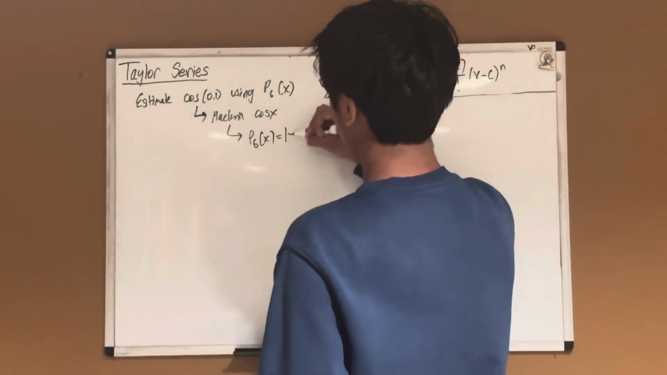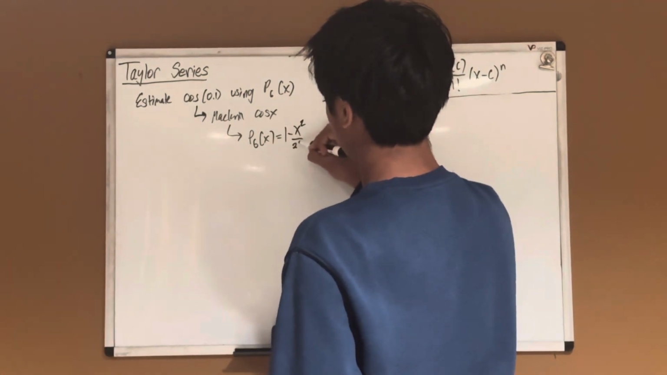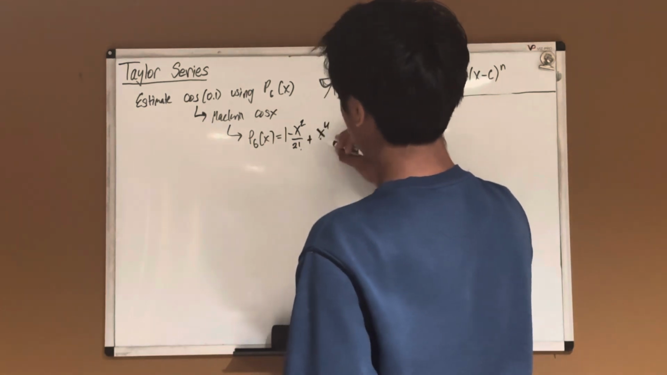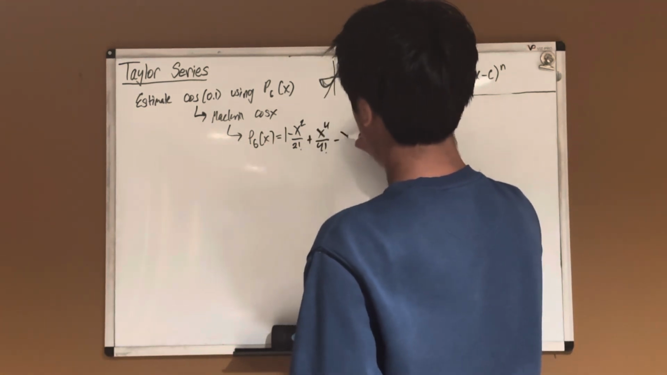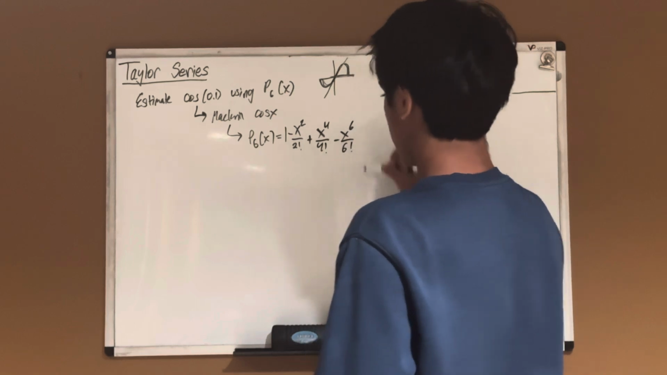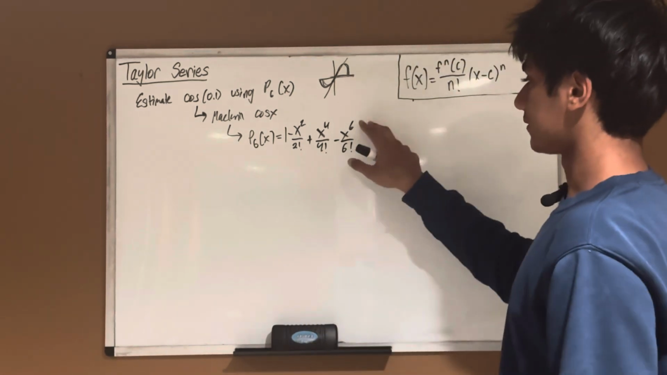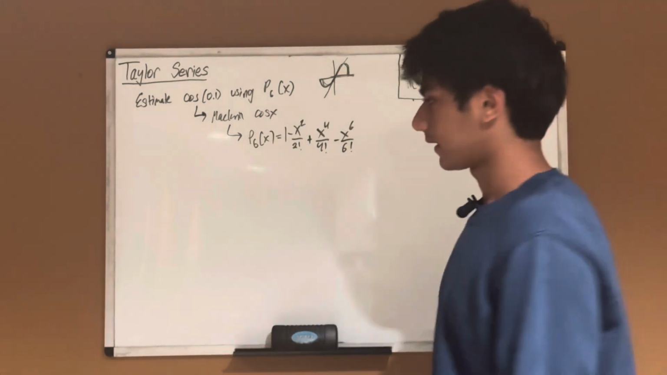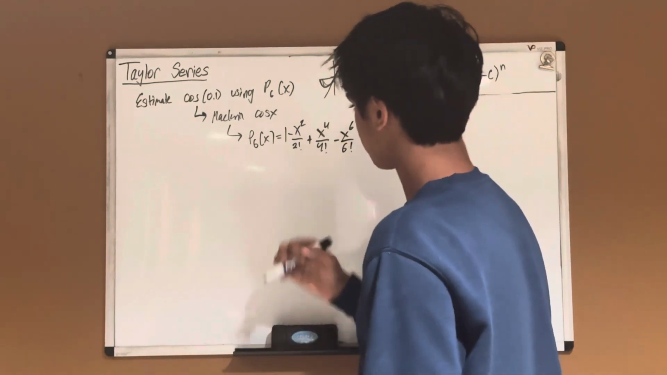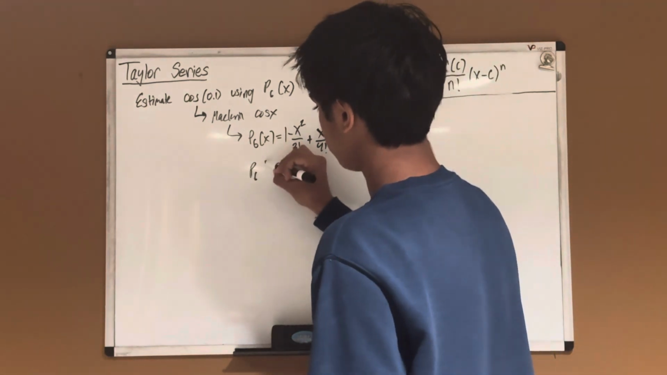It should be 1 minus x squared over 2 factorial plus x to the fourth over 4 factorial minus x to the sixth over 6 factorial. And that's the Maclaurin series because, again, 6 is the highest degree on x. So now you just plug in 0.1,